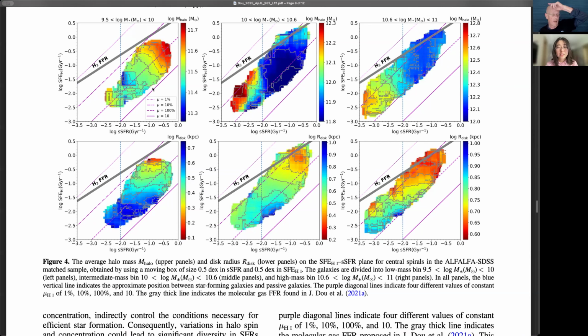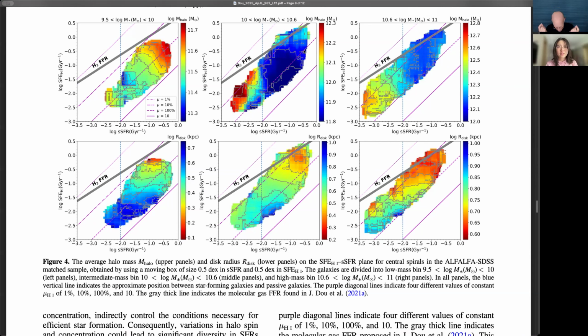Which means that at this time, the dark matter halo tends to facilitate the gas conversion and also promotes the star formation in galaxies. So the role of the dark matter halo here is to feed and sustain star formation.